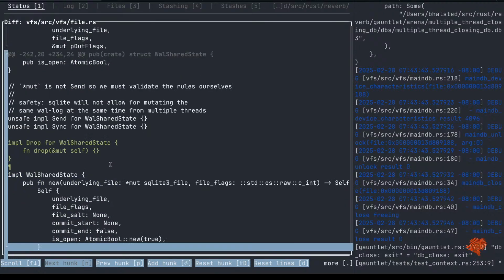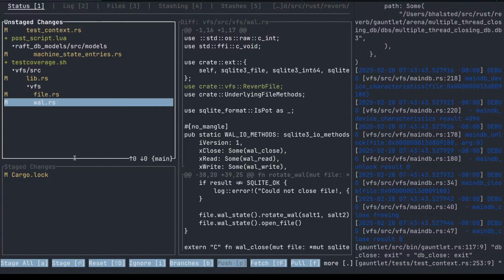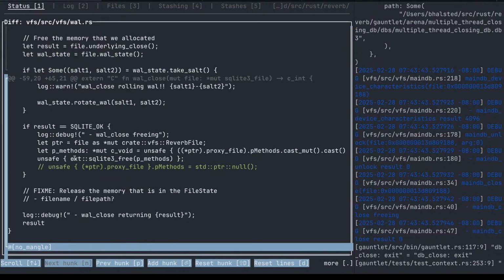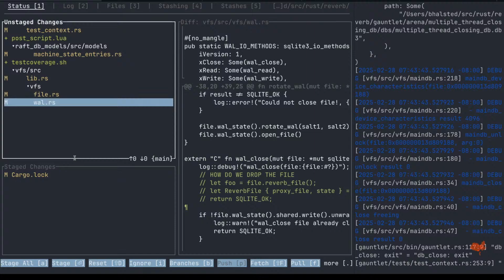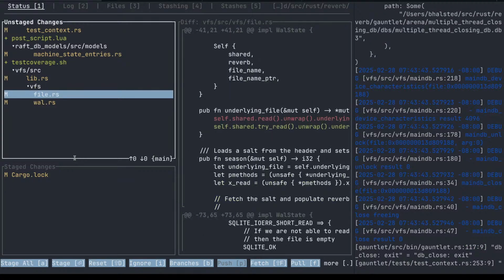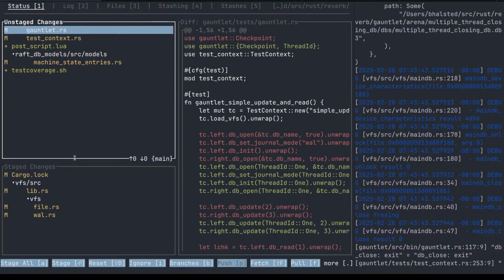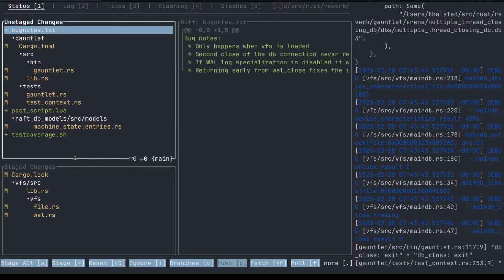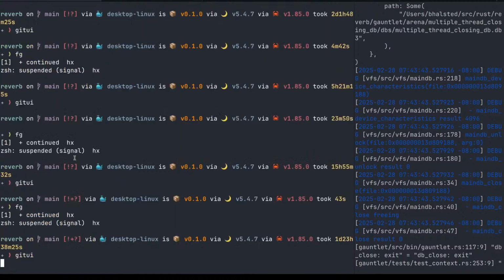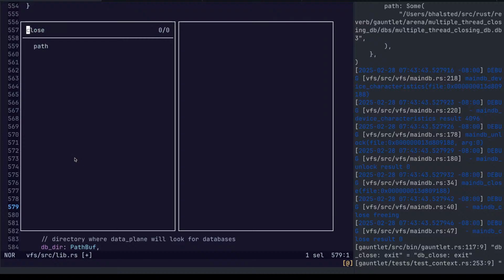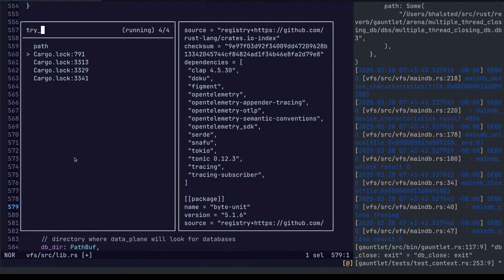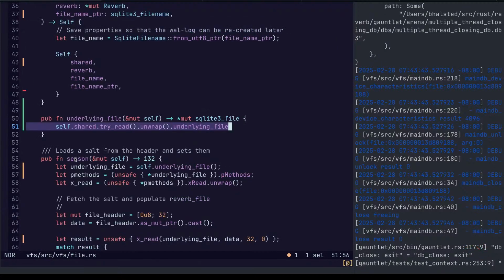Drop does nothing at the moment, but I think I might want it to do something else. Okay. Try read.